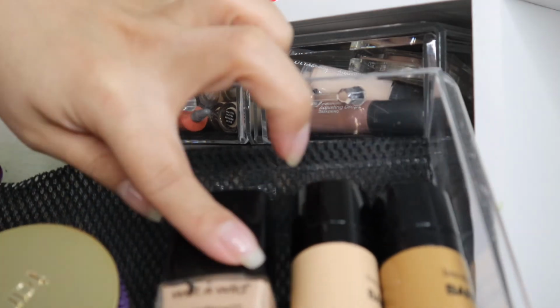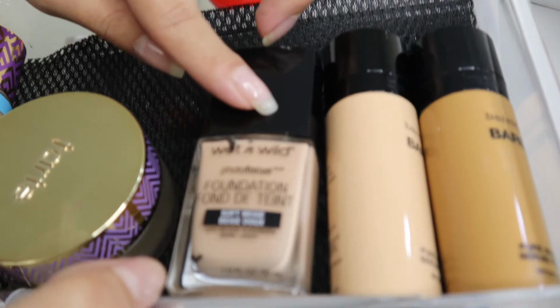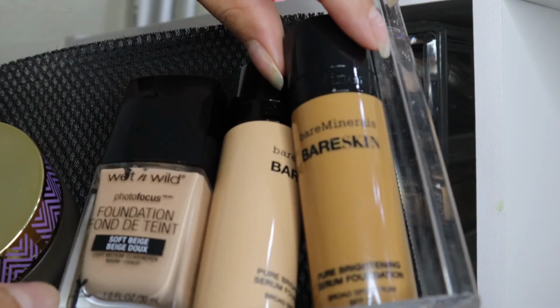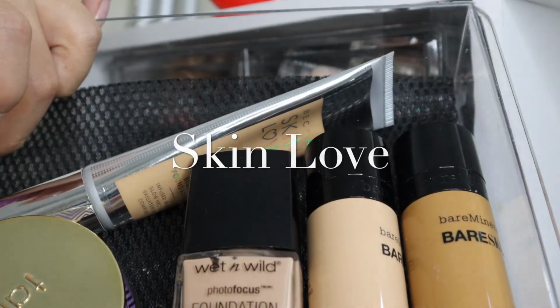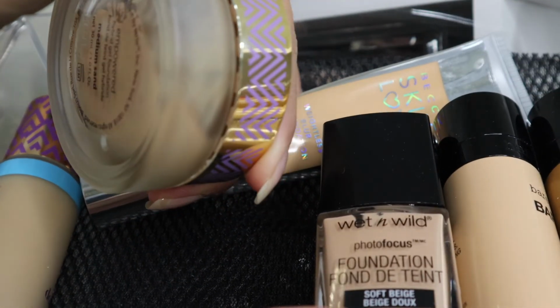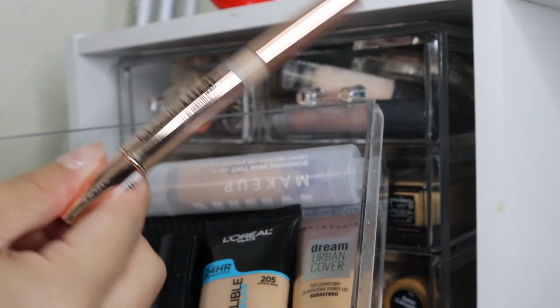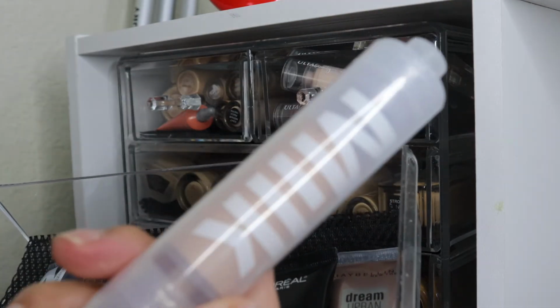And here are more foundations. The Wet n Wild Photo Focus Foundation. This is not the hydrating one. I have 2 of the Bare Minerals Bare Skin foundations to mix them. I have the Love Your Skin from Becca, the Tarte Shape Tape foundation, and then the Tarte Empowdered Hybrid Gel foundation. Another drawer, I have a Magic Lumi Concealer or Highlighting Illuminator, the Milk Makeup Foundation,